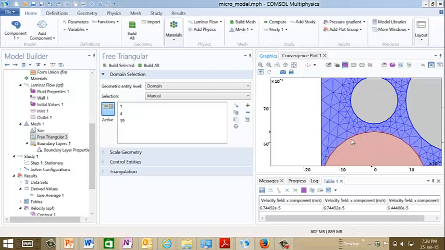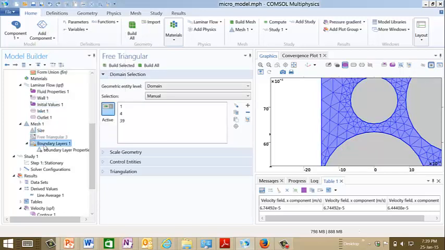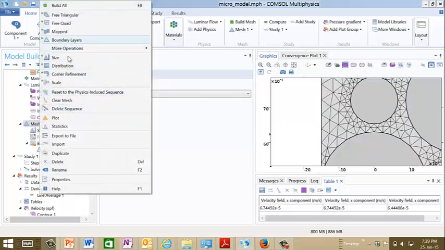and so that's okay. This would work fairly well for some problems, but for fluid flow problems we have no slip along this boundary. So there is a boundary layer right along the contact between the fluid and the solid, and so there's a lot that happens there, and this mesh just doesn't resolve the shears that are going on along the boundaries very well. So instead of using this mesh, we'll disable it and we'll use this boundary layer mesh, it's called, and that's available right there. So if you select that,